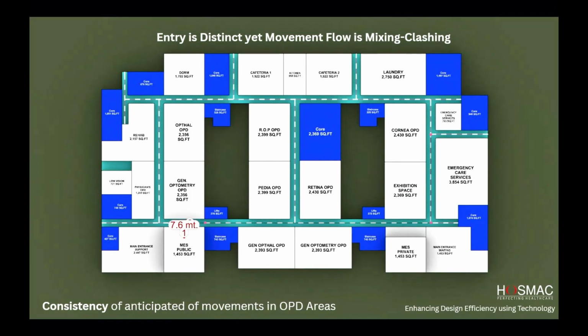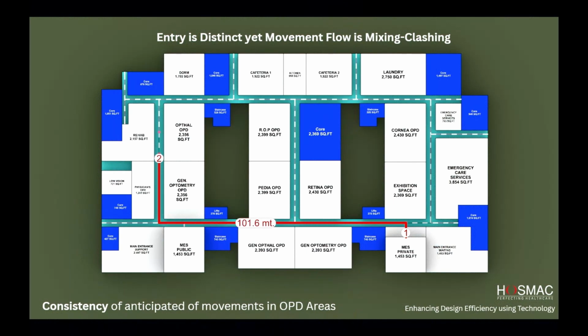So in the existing model, what we noticed is that the left-hand side of the floor plate is the public entry and the right-hand side is the private entry. But we realized that after creating a distinction of the public and private, it was not really the case that even the movement was distinct. We noticed that the movement flow is mixing and clashing. So for instance, from the public main entrance, when you go across the floor plate, you have to walk about 120 meters to go to the cornea OPD, which was giving treatment to both classes of the